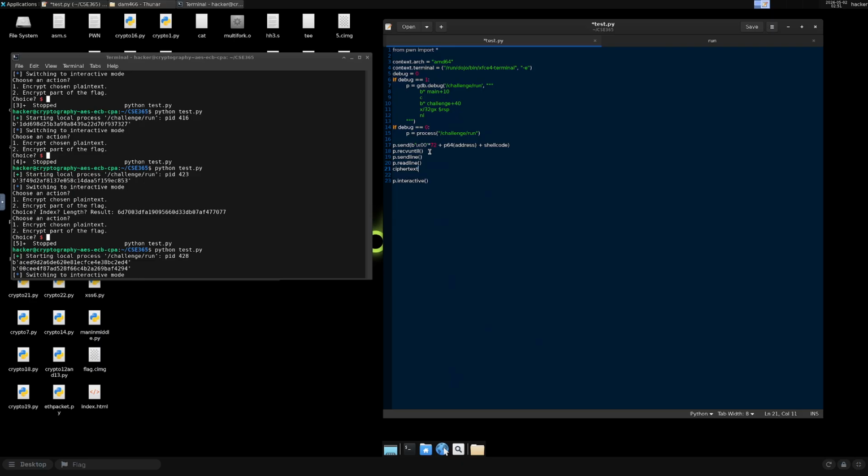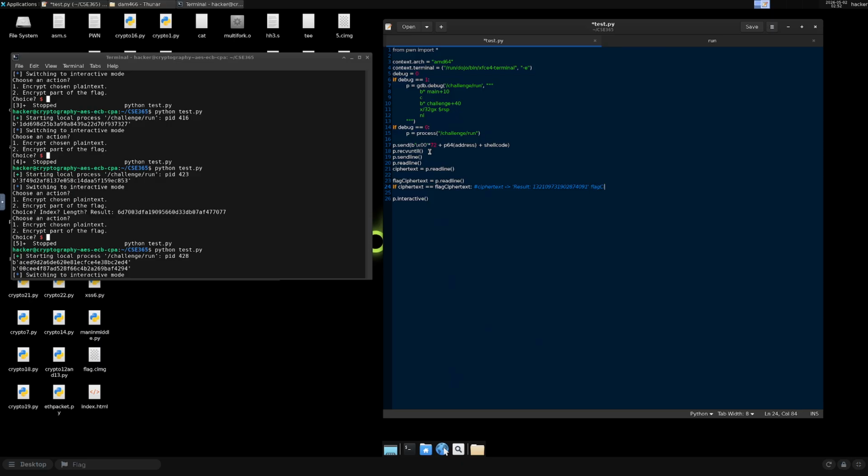If you're doing ciphertext equals p.readline, and then you don't print it, and you get, say, flag ciphertext equals p.readline from a separate section, and then you check if ciphertext equals flag ciphertext, but say for your ciphertext you forget to use p.recvuntil, so it could equal something like result,